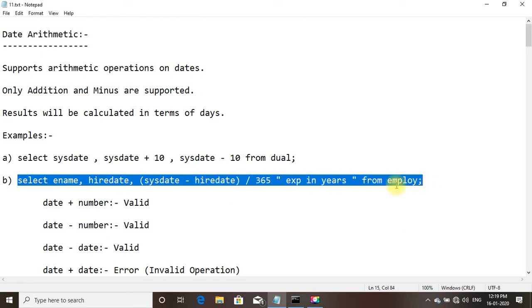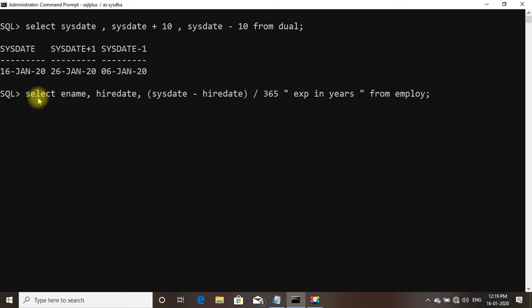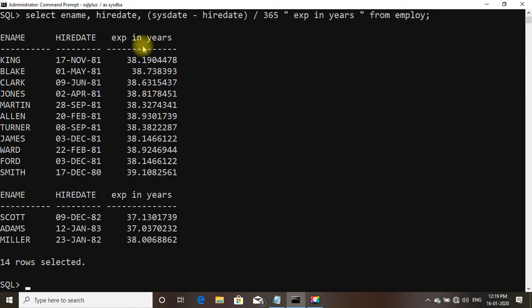Select ename, hiredate, (sysdate minus hiredate) divided by 365 as experience in years from employee. So here you can see experience in years. Let us set the page size and line size.